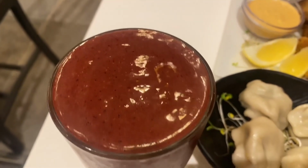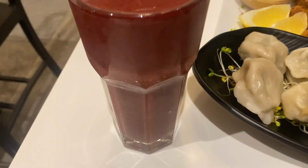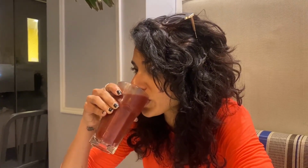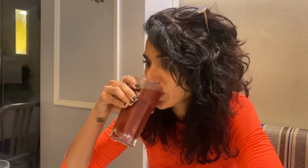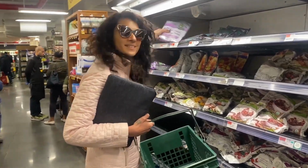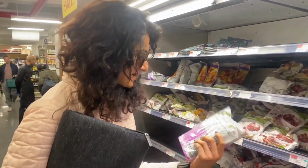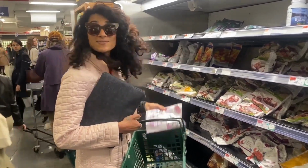Number 3, go into a health food restaurant in New York City and order yourself an acai smoothie method. This involves going into a health food restaurant or juice bar and ordering yourself an acai-based smoothie, only to discover that they in fact use SAMBAZON acai packets to make theirs. It is in fact cheaper to just go to a retail outlet and purchase SAMBAZON directly and make the smoothies at home. This is what I wound up doing. Bad news is there's not that many products left, but the good news is it is flying off the shelf